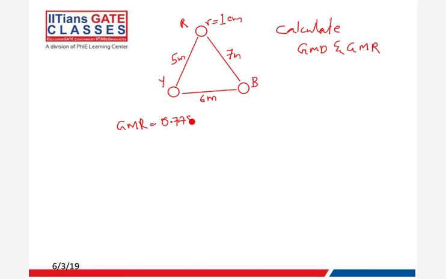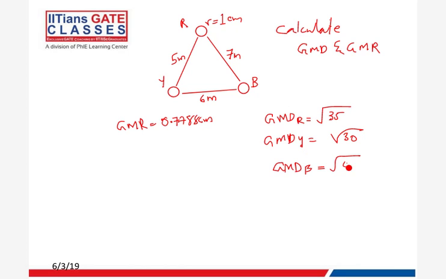0.7788. Right. So what is GMR or GMD? That is square root of 55. Then GMDY is square root of 30 and GMDB is square root of 42. Right. So basically GMD is